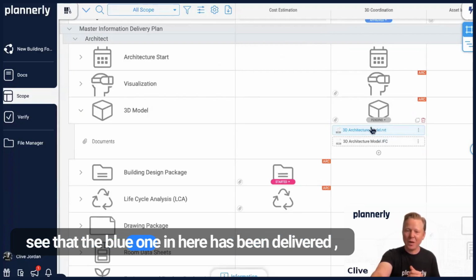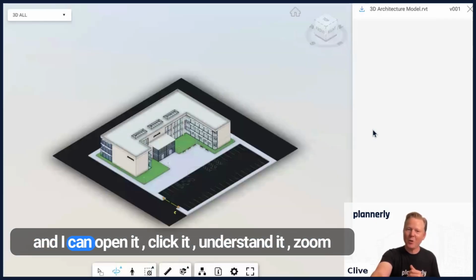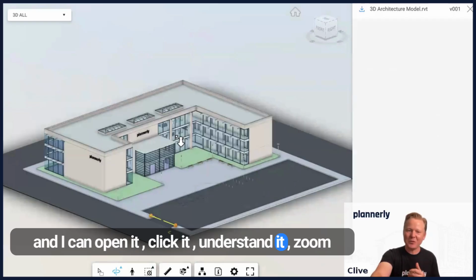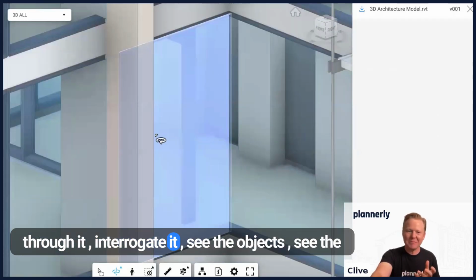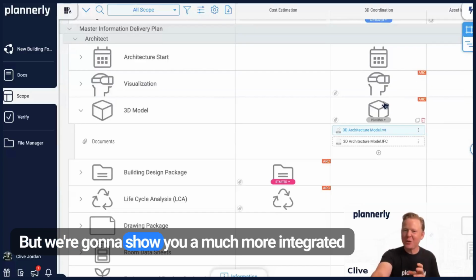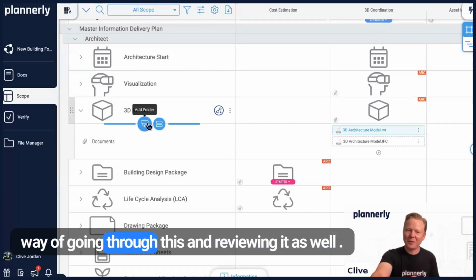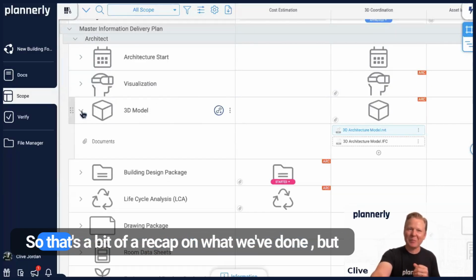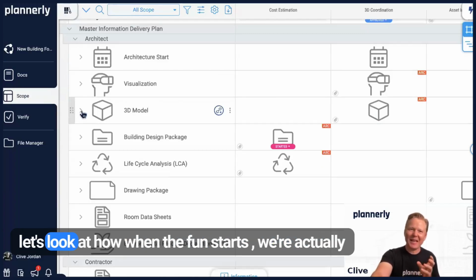And you can see that the blue one in here has been delivered, and I can open it, click it, understand it, zoom through it, interrogate it, see the objects, see the properties, etc. But we're going to show you a much more integrated way of going through this and reviewing it as well. So that's a bit of a recap on what we've done, but let's look at how, when the fun starts,